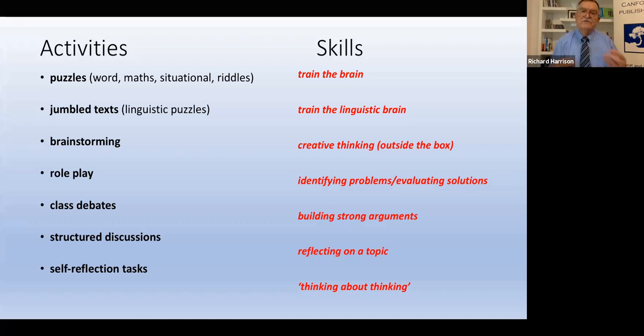So puzzles, for example, and there are a lot of puzzles available on the internet that you can use in the class. They train the brain. And jumbled texts, which I like very much, are a kind of linguistic puzzle. And I would say these train the linguistic brain. And then